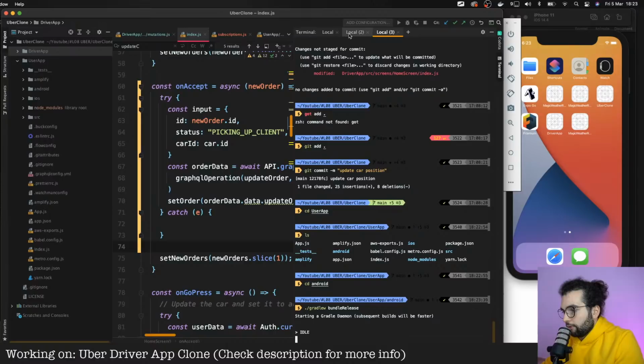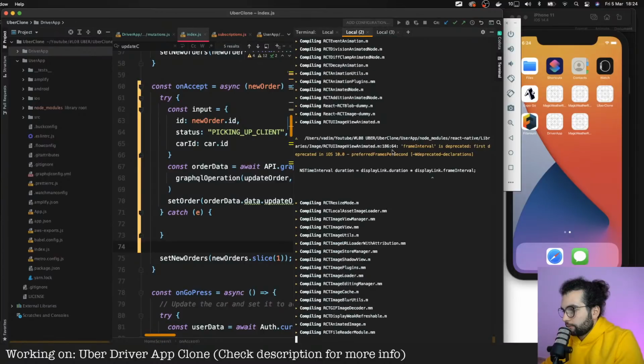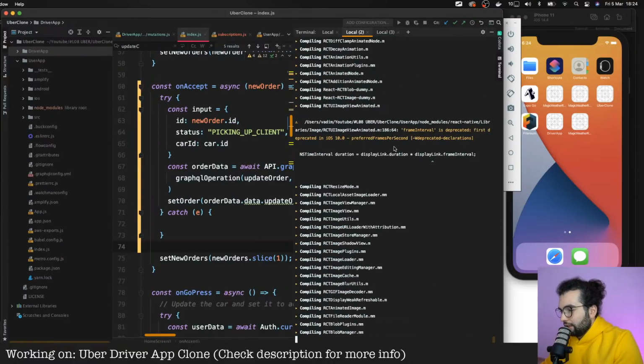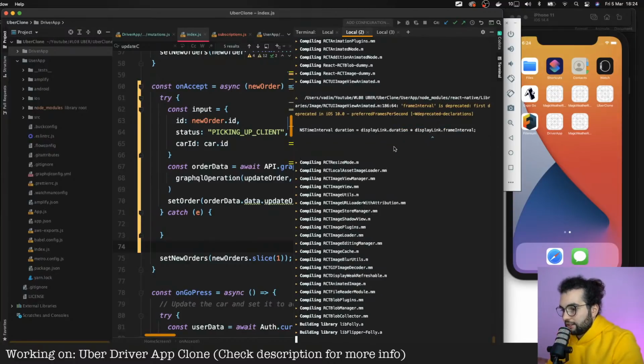Let's see if it will work. Yeah, I'm pretty sure that it works. It's gonna be just hard to test. And why is it compiling so long?